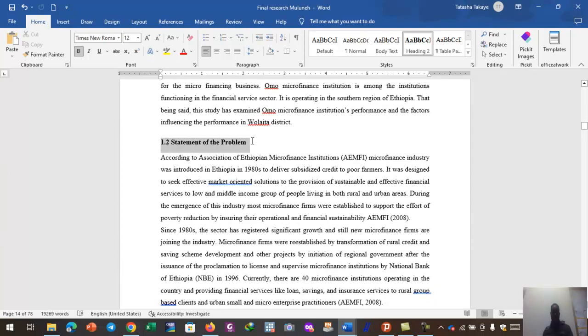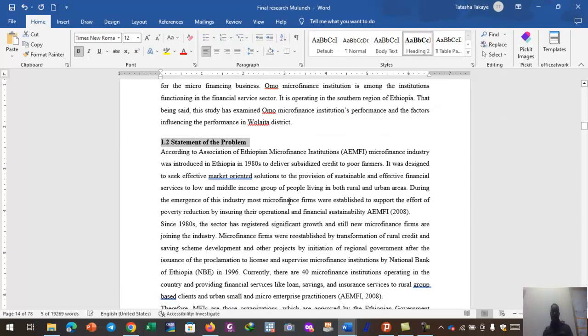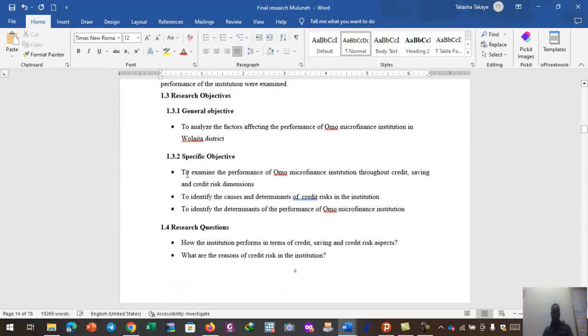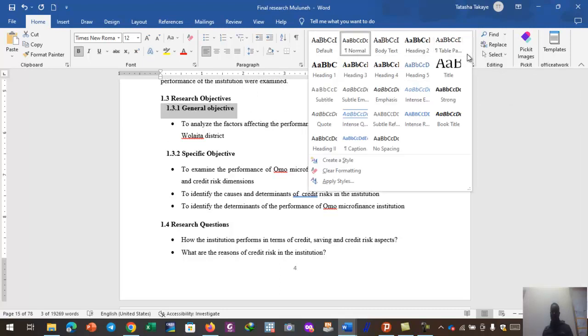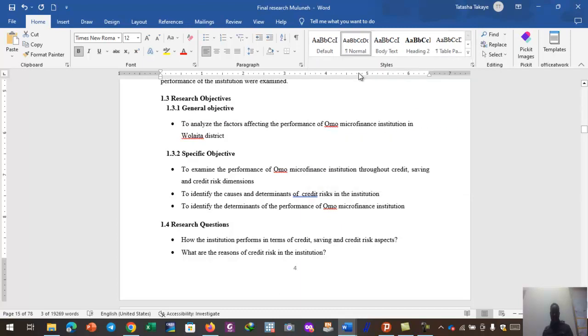Then you can proceed, and 1.2 is once again heading 2. Okay, 1.3 is heading 2. Okay, therefore you select, you click on heading 2. Another difference comes here when the digits become 3, then it become heading 3. Okay, therefore you select, and you're gonna click on heading 3. Okay, heading 3, you select heading 3 from here, and okay, because I adjusted before, it doesn't show any problem,